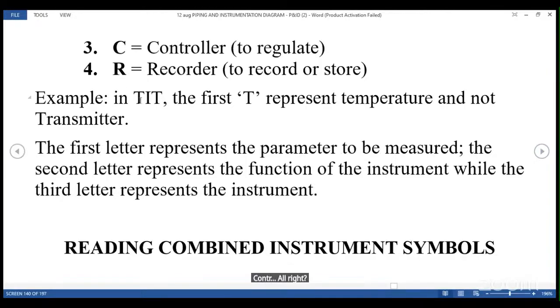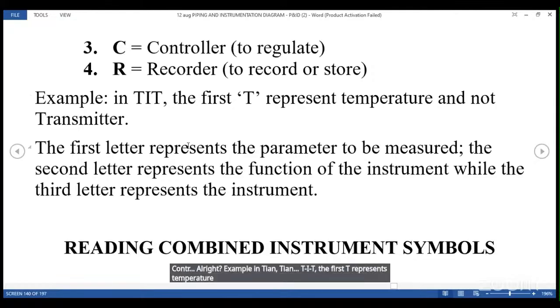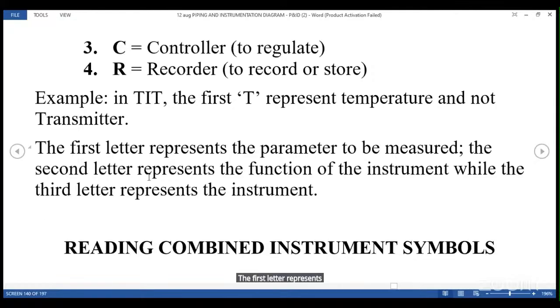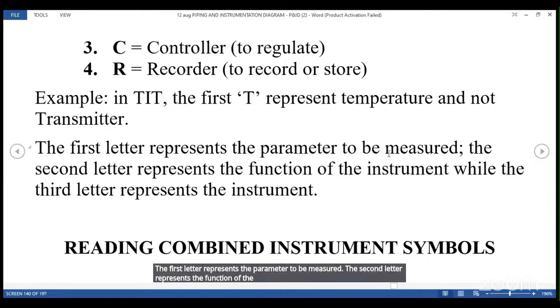Example, in TIT, the first T represents temperature, not transmitter. The first letter represents the parameter to be measured. The second letter represents the function of the instrument, while the third letter represents the instrument. So here now, this